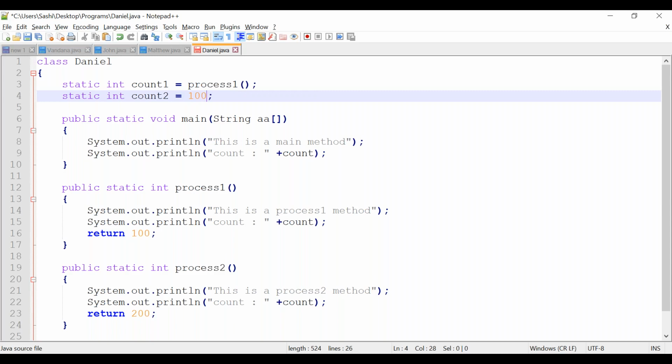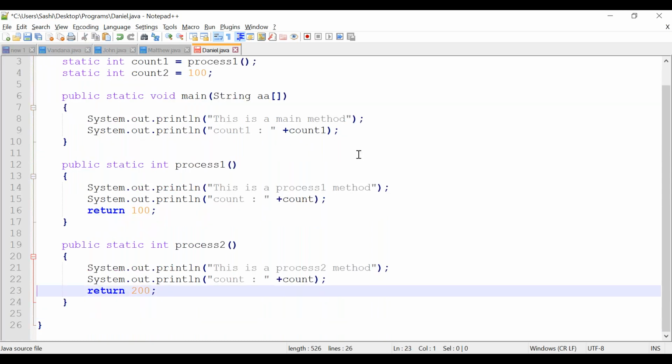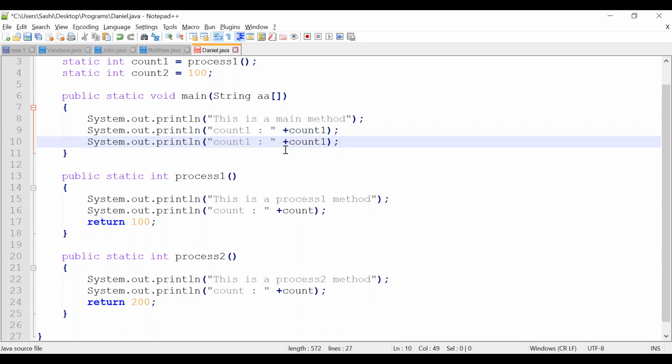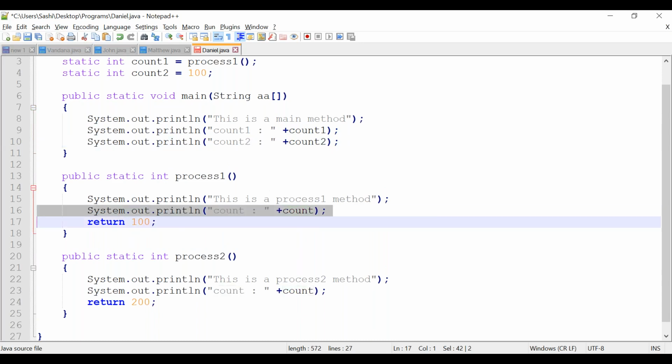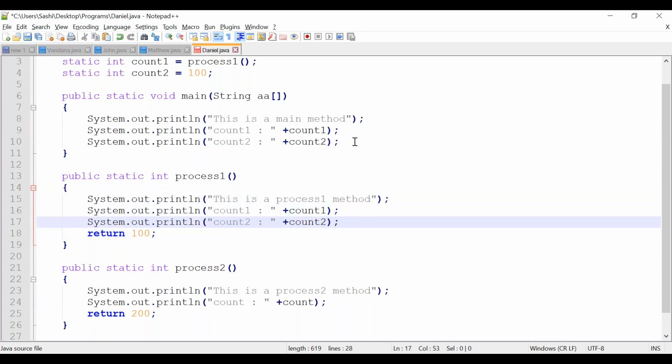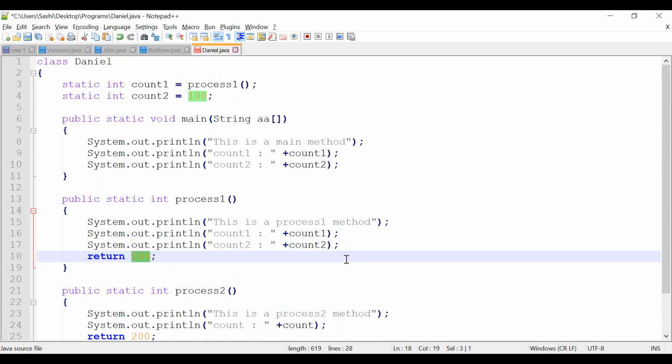Then I am trying to print both count1 and count2 in all the places. Correct? Count1 and count2. I am just trying to return count2 here.